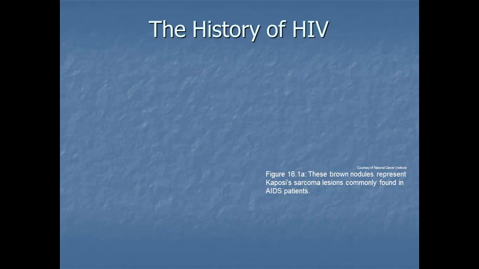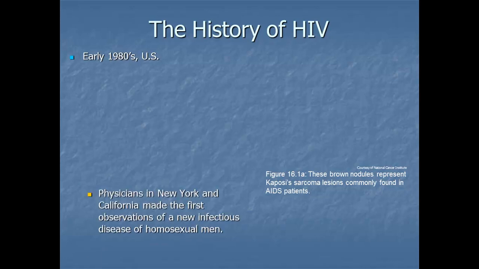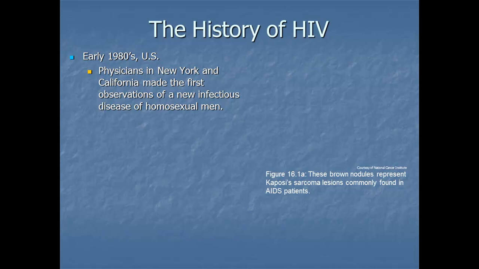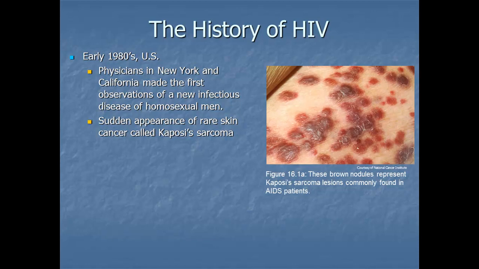HIV. The history of HIV. In the early 1980s in the United States, physicians in New York and California made the first observations of a new infectious disease of homosexual men. There was a sudden appearance of a rare skin cancer called Kaposi sarcoma. And there were also these brown nodules, that we can see, those little brown nodules that are formed by the Kaposi